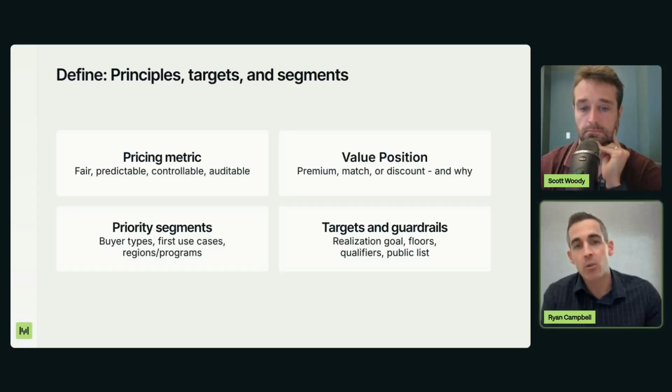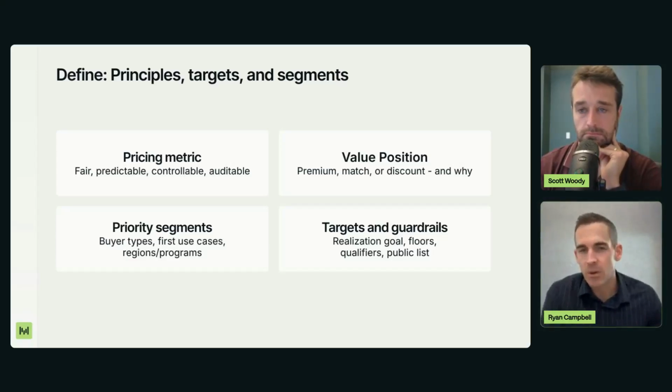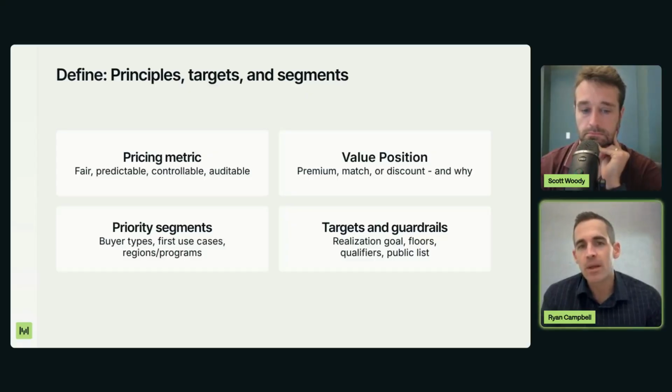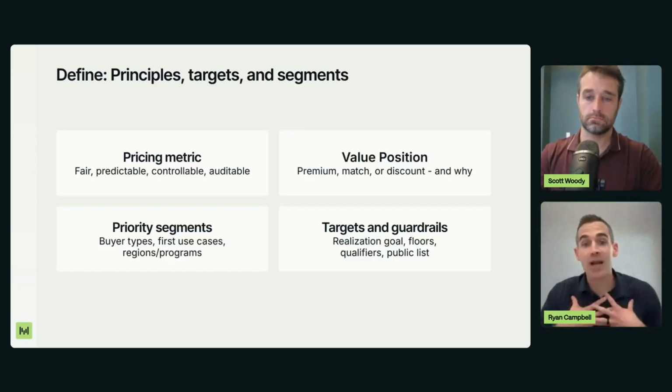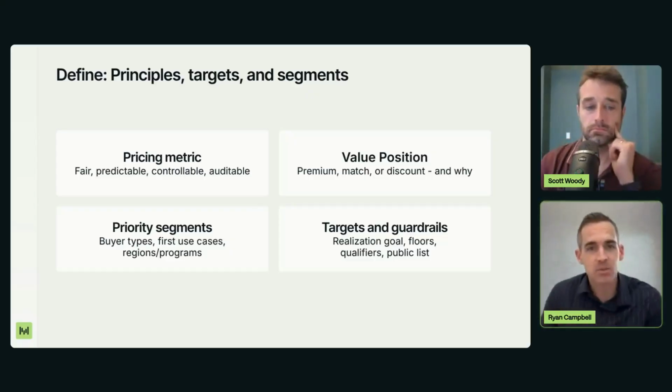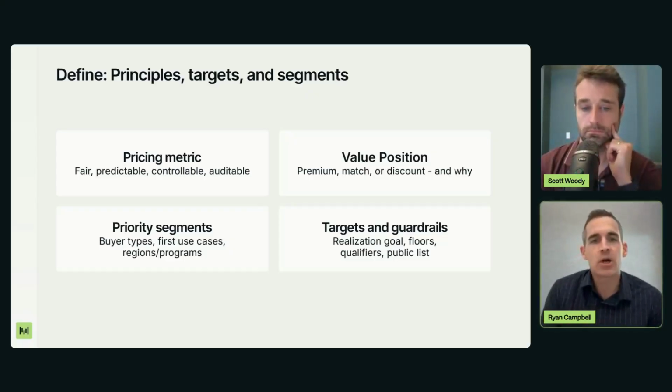And you're saying, once I start to go into more of that research phase, what are the right questions that we want to ask to inform: what do customers think will be fair? What is going to be predictable? What can we audit on the back end from a systems perspective? And then starting to think about, what does good look like? What would success here be for this feature, assuming we get the pricing right?